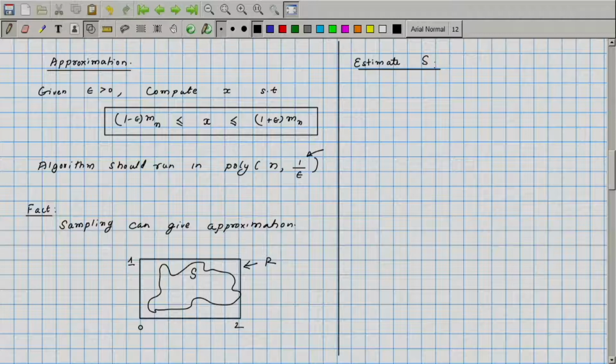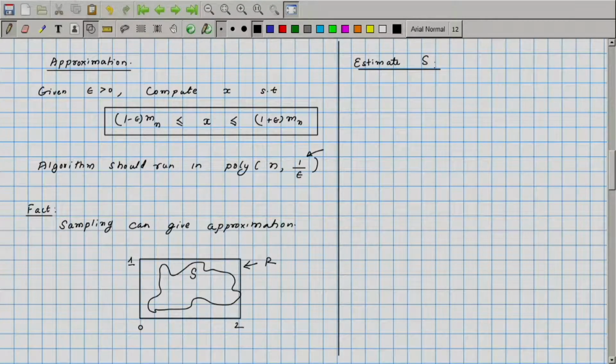Now, how is this related to approximation algorithms? Well, this rectangle is some set whose size we already know, and we want to estimate the size of a subset of that rectangle. Okay. We will spend a little more time later on how this exactly translates into an approximation algorithm for perfect matching, but let us just look at this problem in isolation. We have a rectangle R and inside that is a small area S, and we need to estimate the area of this particular region. So, one algorithm would be